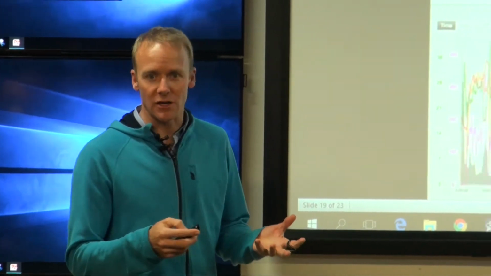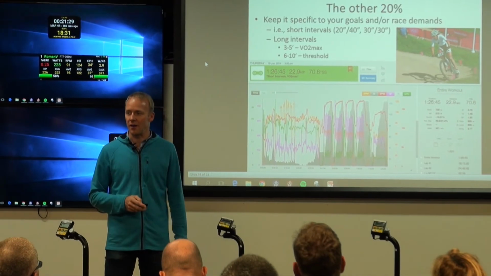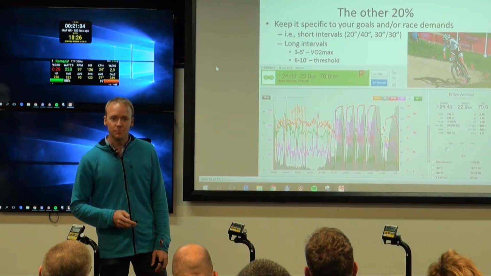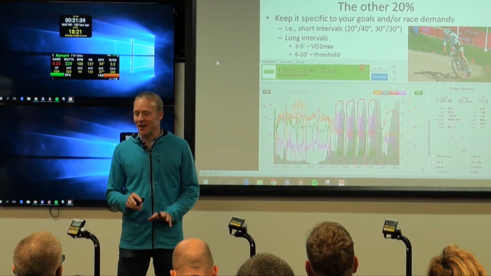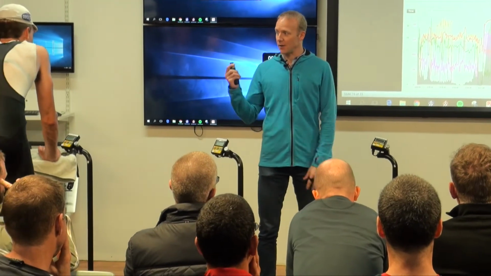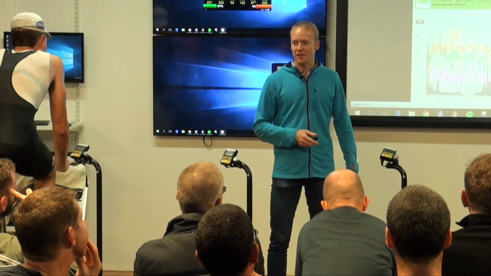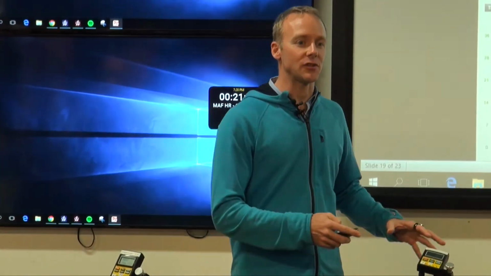And then good threshold durations, 6 to 10, even 20-minute durations, and repeated ones depending on the athlete that you are training or yourself. So yeah, high intensity, I'm by no means saying don't do it. I prefer to have at least 80% of your training in the aerobic zone to maximize that fat burning. But these are really important as well if you're trying to optimize performance. Do this after you have a solid foundation of your fat burning and your aerobic training.